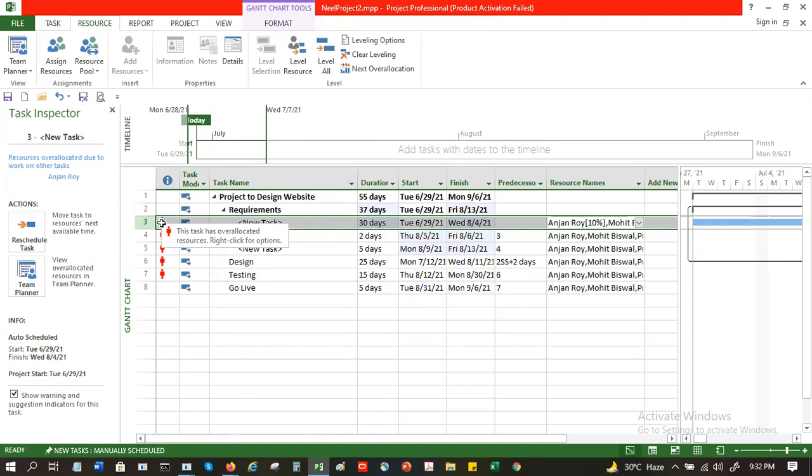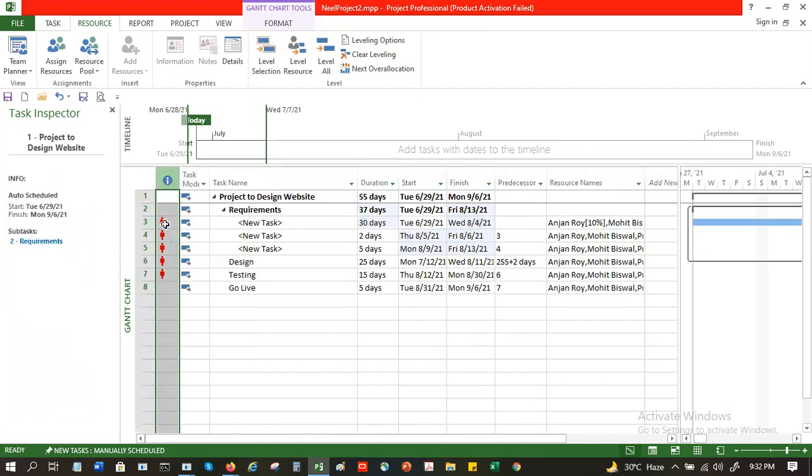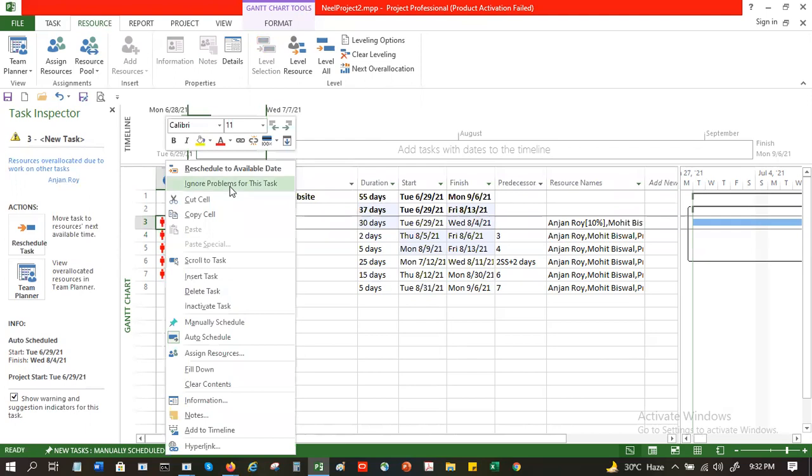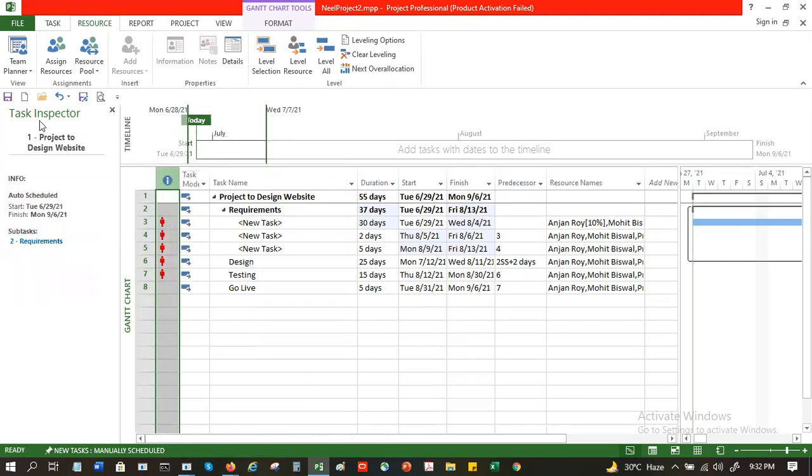Why? The task is starting on 29/6 and 4th April, and it's going to do all this kind of thing. So what I can do is either check out the task inspector, right click, go to reschedule to available time, or I can say, oh, this is the task.